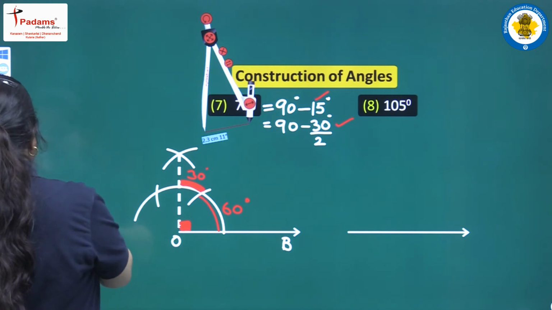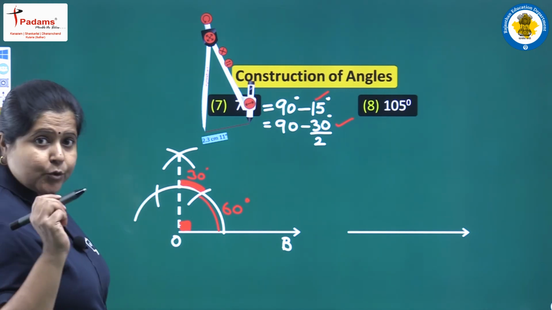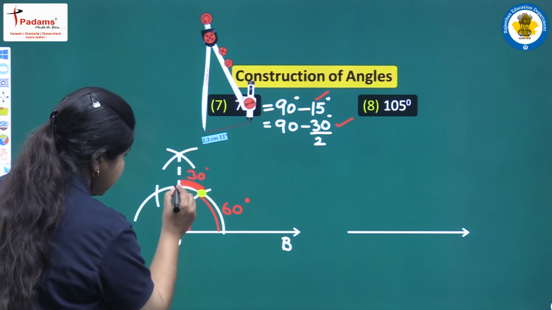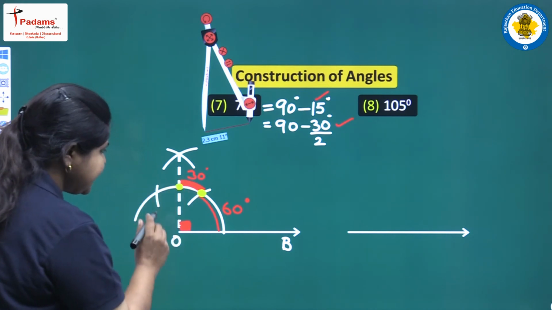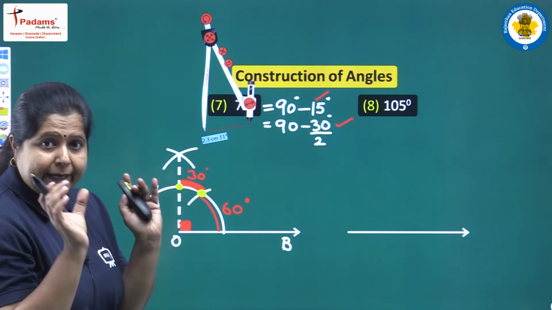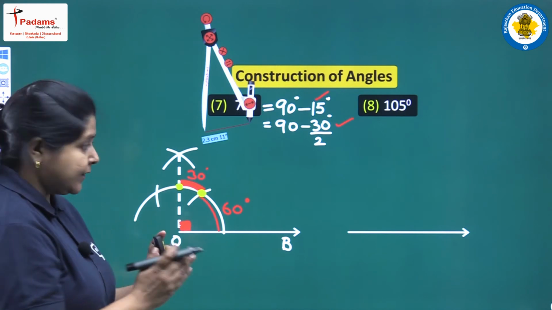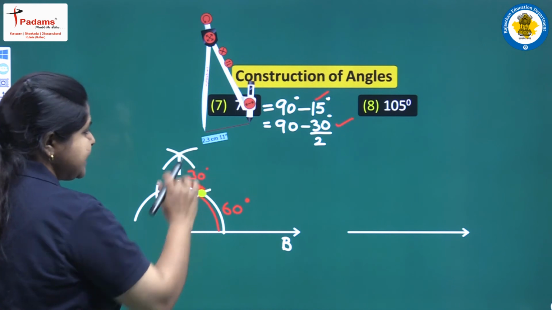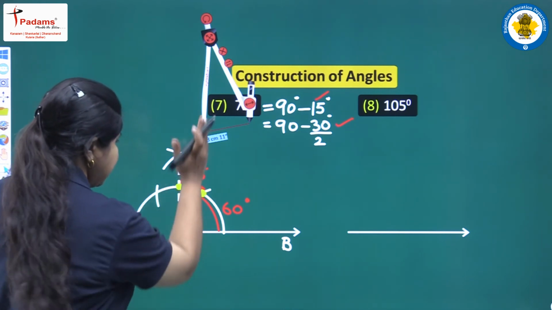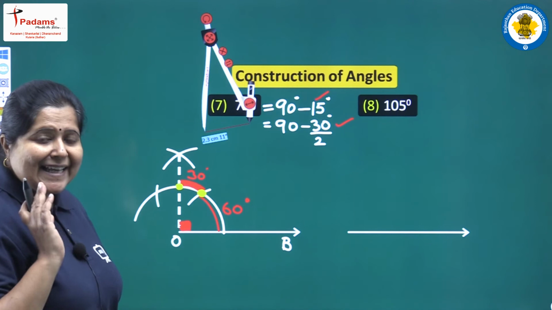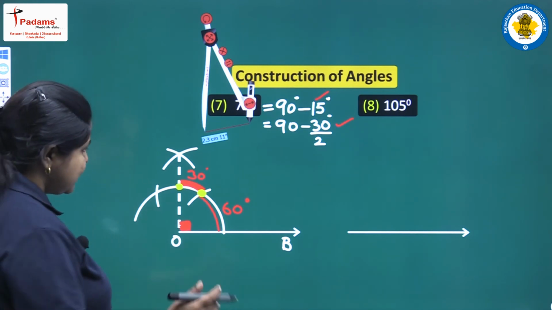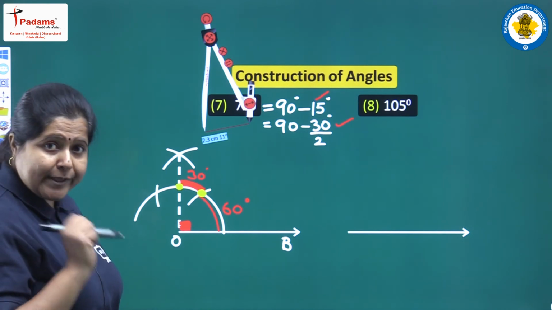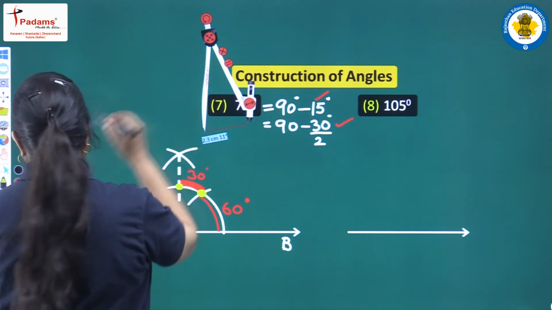For this, where will I keep the compass, the 2 points? One will be here, this point, and the other one will be this point. At these 2 points where the two end points are of angle 30 degree, we will be keeping the pointed end of the compass, and then with equal radius we will be drawing 2 arcs, and then by joining from O we will get an angle of 75 degree. So just pay attention at these 2 points where we will be keeping the pointed end of the compass. So let us bring it here.